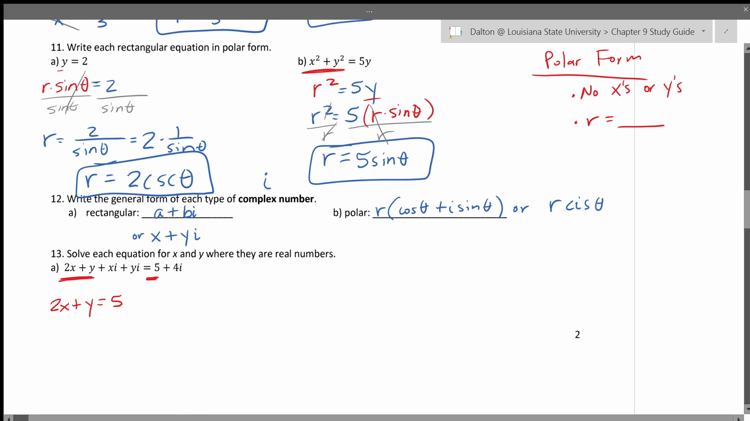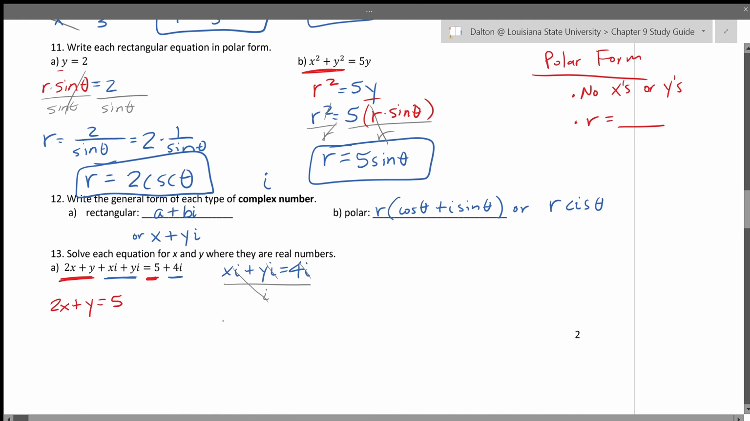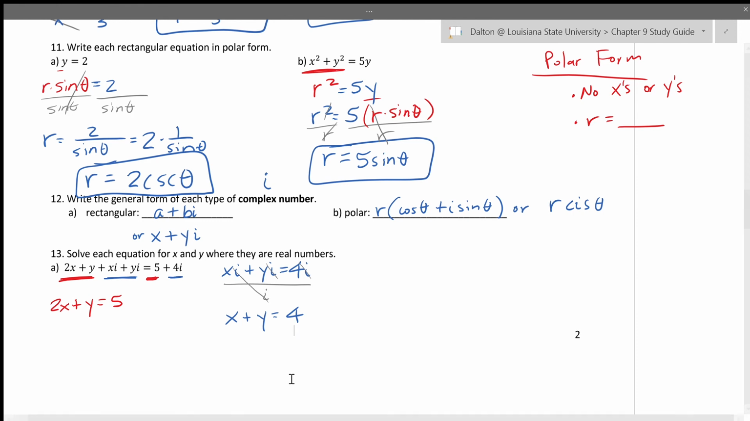My imaginary components on the left side are going to be xi plus yi, and the imaginary component on the right side is going to equal 4i. So the idea of grouping all of the imaginary components together is that if I divide everything by i, then i cancels from each of those terms, leaving us with x plus y equals 4. And then your goal is to take your two simplified equations here and you want to solve them. So that's where you can use substitution or you can use elimination. I don't anticipate that you'd want to graph. So I'd use one of those two solution methods. I'm going to go ahead and eliminate,